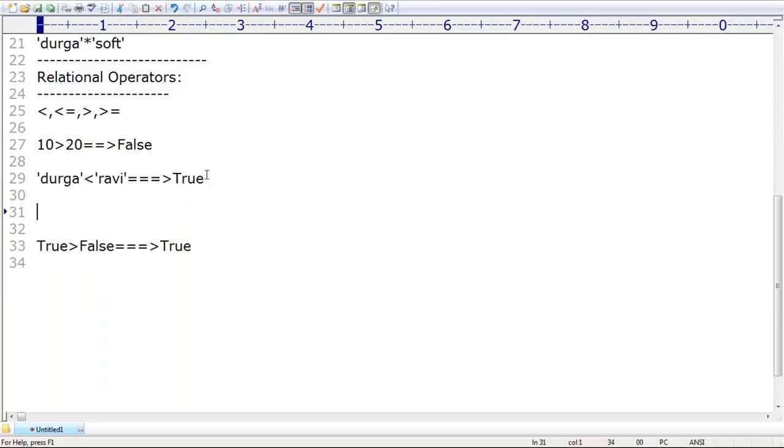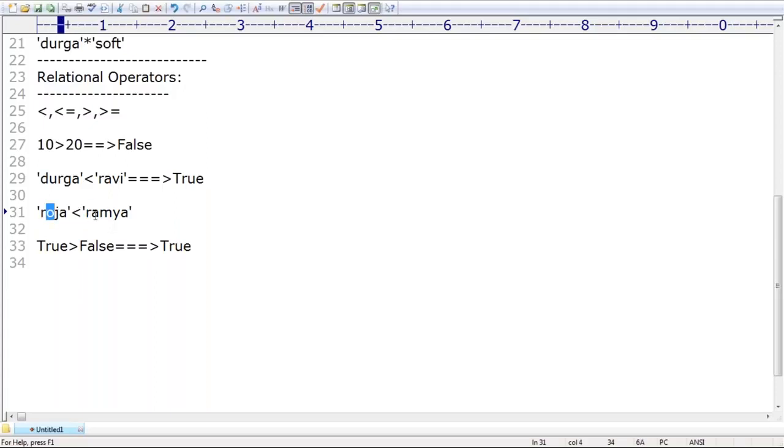Now I'm taking Roja is less than Ramya. What is the answer we are going to get by default? First character R matched, so the comparison is not decided at the first character.